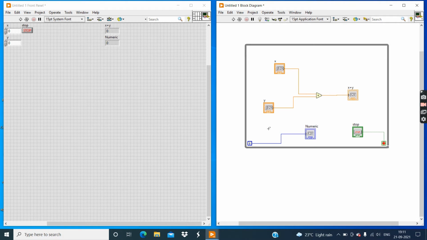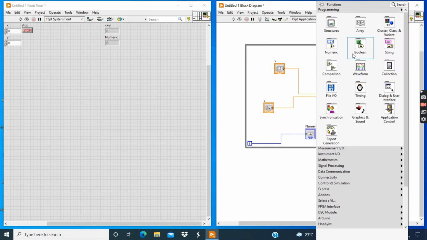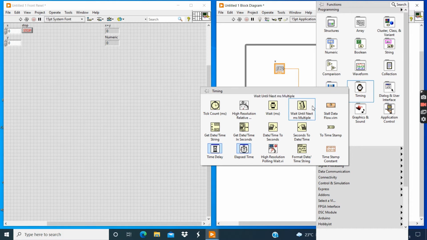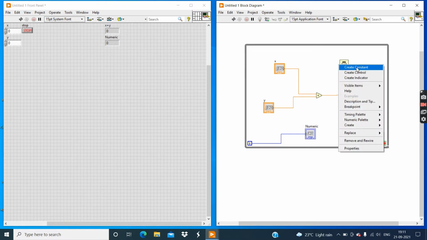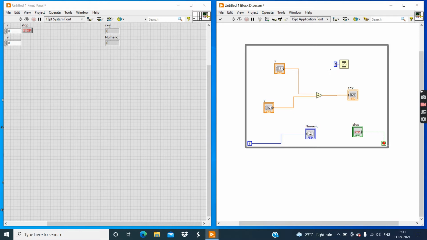Now right click, go to the timing function and select wait, and create a constant and enter 1000.